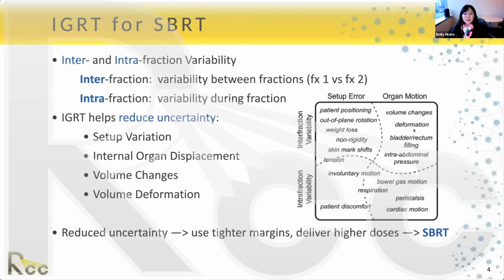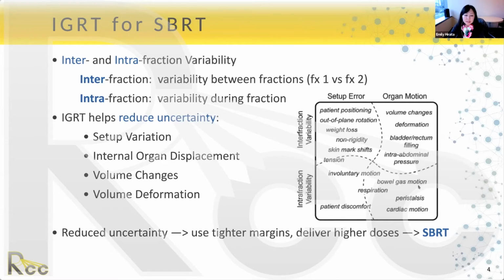And here's a nice chart. I tried to find the original reference for this. It's been used many times in presentations. I think it's from a textbook, so I apologize for not putting an initial reference here, but there's a number of different setups and different types of errors that fall into the category of interfraction variability and intrafraction variability. And they can then be further categorized into whether they are considered setup errors or organ motion related variability,